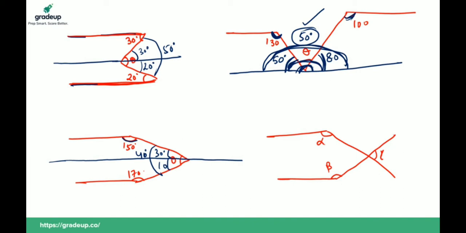Now listen, guys. First of all, extend this line. Okay. If this is alpha, this is what? 180 minus alpha. If this is beta, this is what? 180 minus beta, because the sum of these two is 180 degree. And